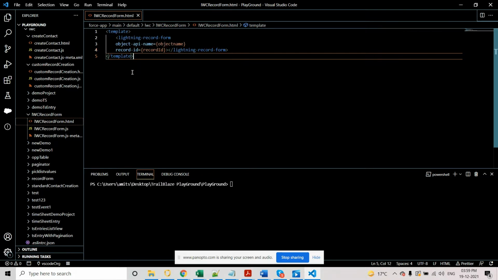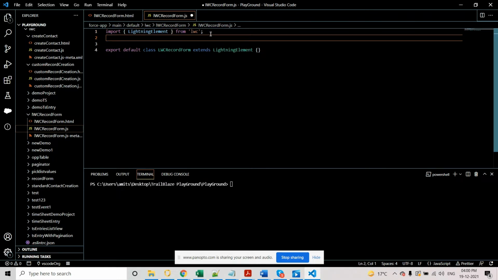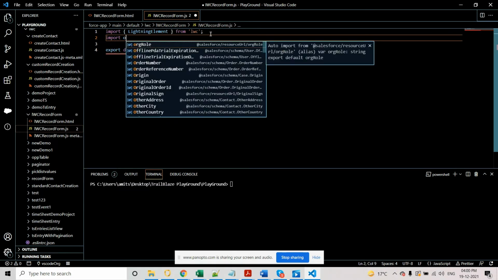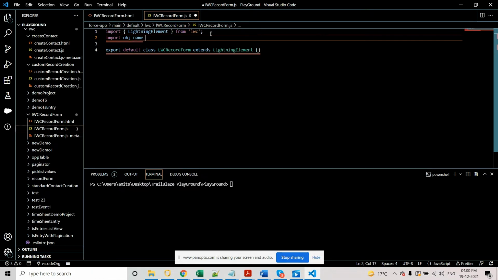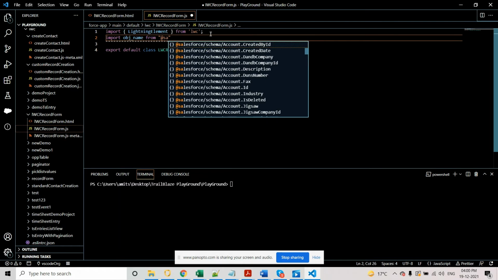Now we need to navigate to our JS file. Click on it, and under this we need to provide the object that we need to use. Just type import OBJ_NAME from @salesforce.